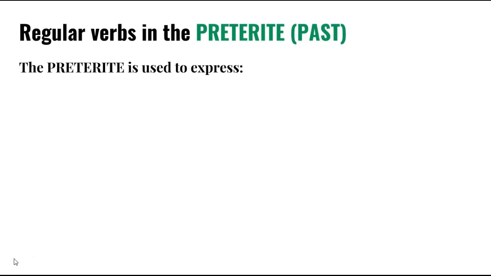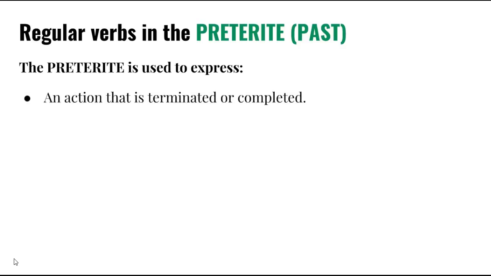The reason why we have to learn when to use a preterite is because if we don't do that, you are going to be confused when we do actually learn the imperfect, because you cannot just choose one and then use it to talk about the past tense. You literally have to know when to use each one of them, because if you don't, then you're not going to really make sense. So the preterite is going to be used to express an action that is terminated or